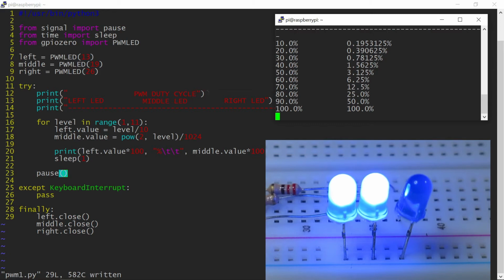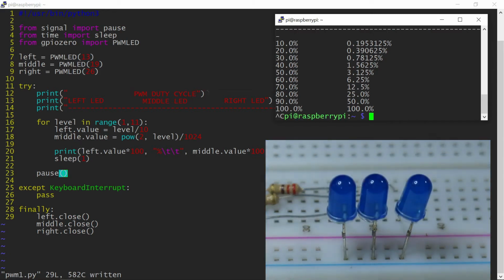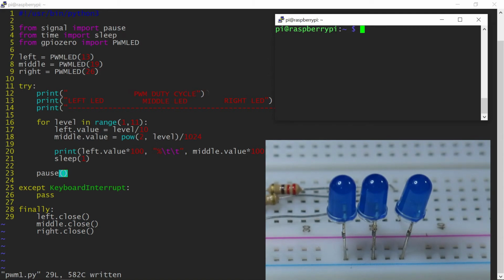You may have noticed that the LED on the left increased in brightness quickly, and at around 60 or 70% duty cycle, the changes of brightness were pretty much unnoticeable. The other LED behaved much better, with the changes in brightness appearing more constant. Let me run this again. Observe what's happening early, below the 50% brightness for both LEDs.